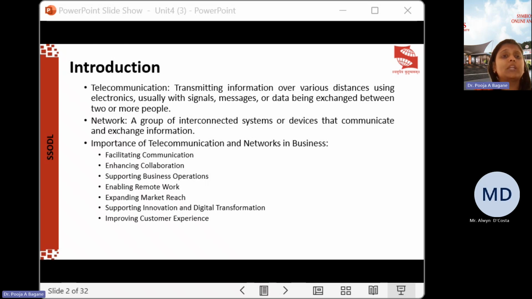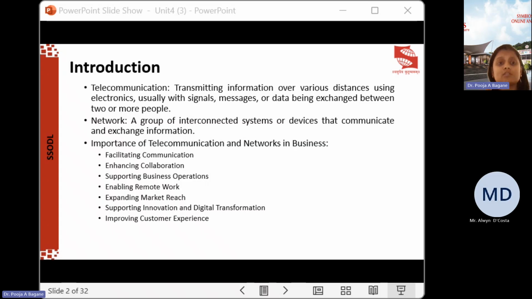Then supporting innovation and digital transformation. Telecommunication networks can help companies to innovate the way business is conducted. It is a high-performance driving force that helps to implement IoT, automation, and analytical solutions that maximize the contribution and keep uncertainty the smallest it can be. So it supports innovation and digital transformation.